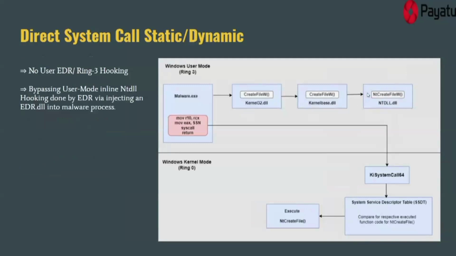So one thing which you can see here is that EDR places hooks in the NT API, that is NTDLL. To get around that, what we can do is directly enter the kernel. You can see here we are not involving these DLLs at all. So via that method, we would be able to evade the NTDLL hooking. In here, you can see this is the malware process, and what we have done is directly pasted the system call stub within the process. So now the system call would be executed from within the process and would directly enter the kernel, and via this way we would be able to evade